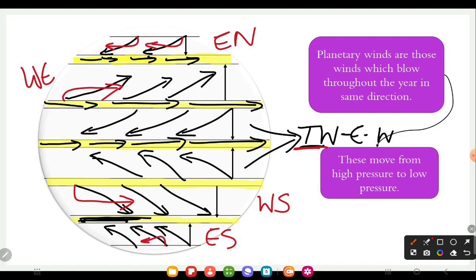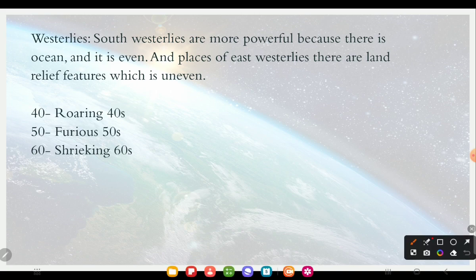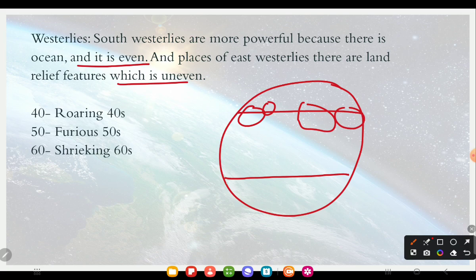And now the south westerlies are stronger than the north westerlies because the south westerlies have ocean in that place, and the ocean is even, while in the places of the north westerlies there are land relief features which are uneven. Here if we see, this is the south westerlies and the north westerlies are here. So there is Europe and Russia, Asia, and here North America, the Greenland part, and here totally ocean is there. Not totally, lands are there, but more part is ocean, and that is why it is